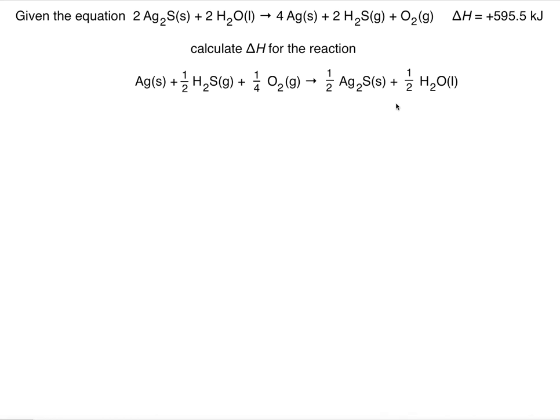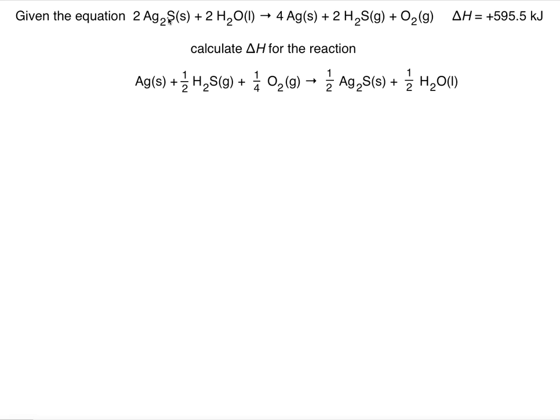So we need to find ways to relate the given equation with the ending equation, okay, with the second equation, because we need to calculate the enthalpy change for it from the one that is already given for the first equation, right? So we need to find ways to transform the given equation into the last equation, right? So the first thing I noticed